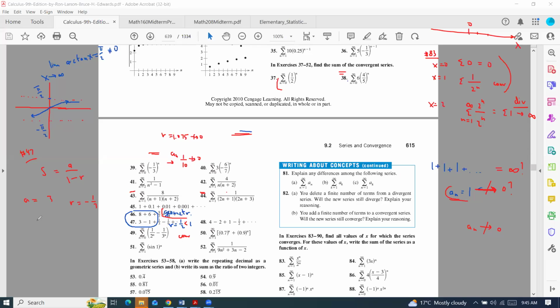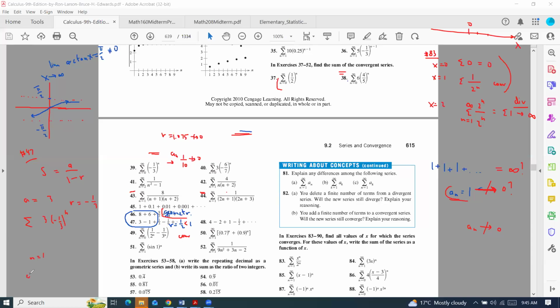So 3 for the first term, and then negative 1/3 is what we're multiplying it by. But the question is, what's the power? Well, if you put power of n, then for n equal to 1,